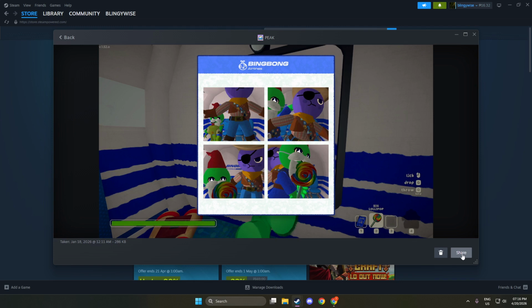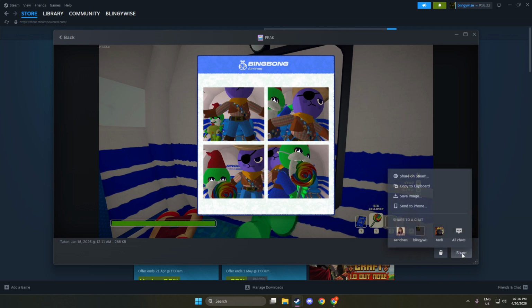If the uploader offers fields for a caption or tags, you can add a short description to give your friends context, like where the shot was taken or what achievement it shows. You can also glance at any visibility options shown here so you're comfortable with who will be able to see the post on the Steam community.